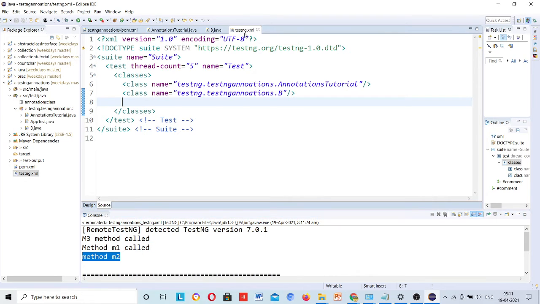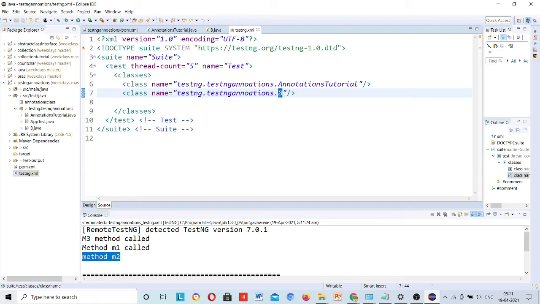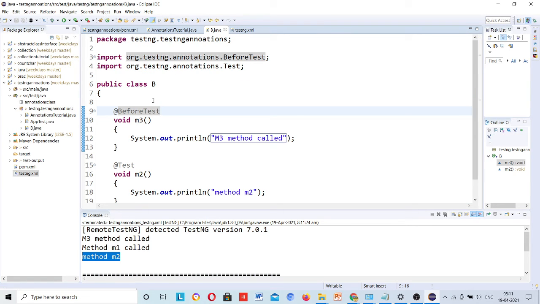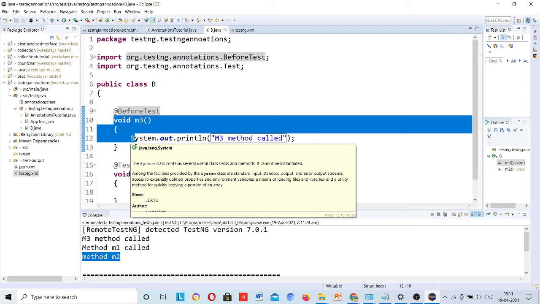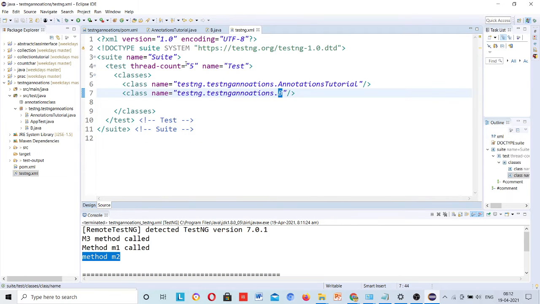Just you need to know one thing. You have added the annotations tutorial class first, and then you have added class B in your project. Still it is calling the before test annotation method first, because it doesn't care about what order you have added things inside that particular test folder.